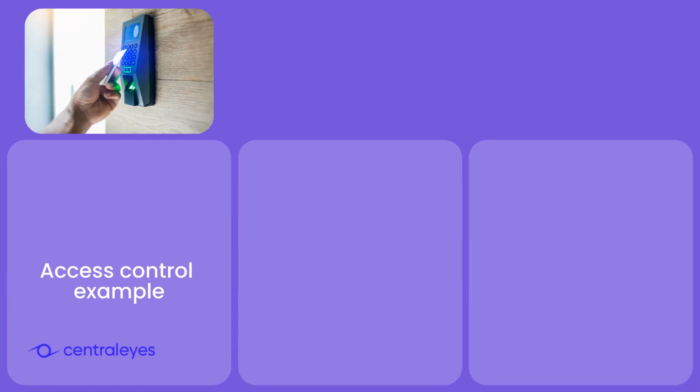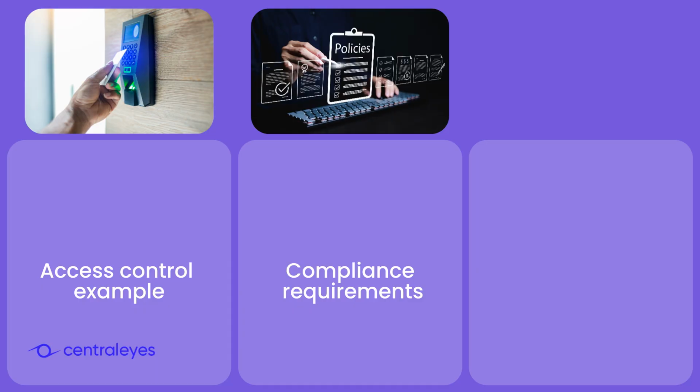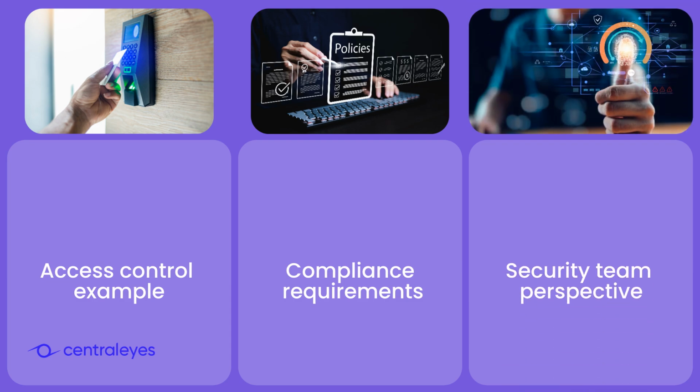A common example is access control. A compliance requirement might say that privileged access must be limited, reviewed regularly, and documented. From the compliance perspective, this usually turns into a policy, a checklist, and evidence for an audit. But from the security team's perspective, access control lives inside identity platforms, directory services, and permission structures across dozens of